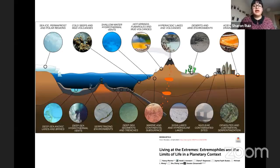So I like this picture. I found it in this paper. It's very good because it shows the extreme environments on Earth. And as we can see, most of them are natural extreme environments, such as polar regions, the deep sea, hot springs, deserts. And we also have some human-made extreme environments, such as those created by nuclear activities or mining